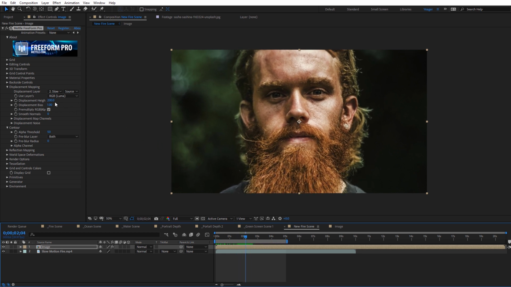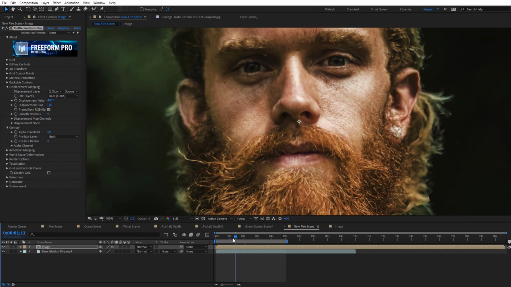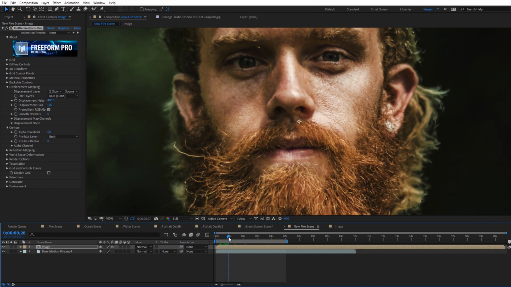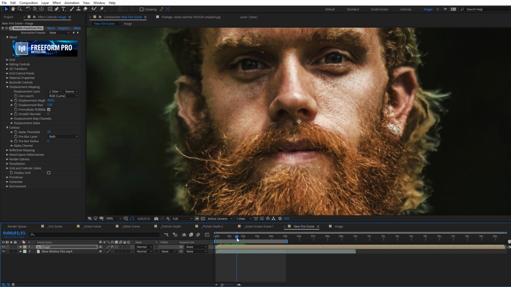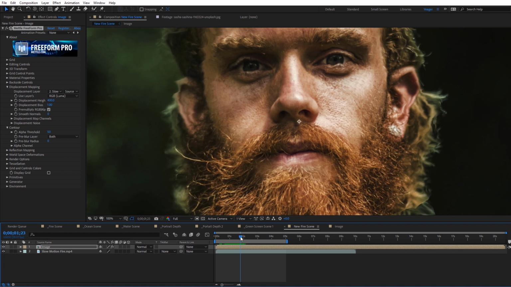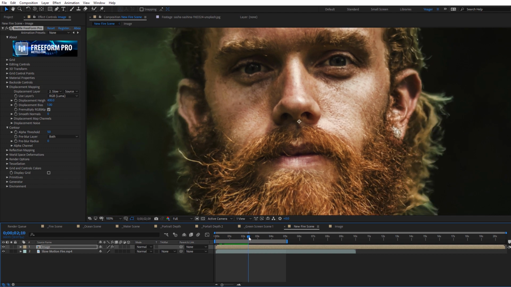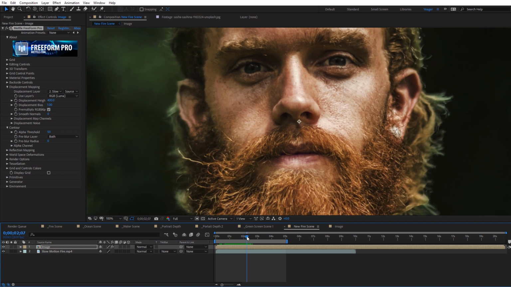Now I'm actually going to increase the displacement height to 400 because I really want to exaggerate this to show you a few different things that are happening. So as I increase that, let's zoom in on our footage. And if I go ahead and scroll through on this, you're going to see that some of the displacement is a little bit jagged, almost as if it's low poly or too much movement going on for the tessellation we have on our image. And you can really notice this on the ear, you kind of get these jagged, sharp edges. And that really doesn't look very appealing for what we want to create.